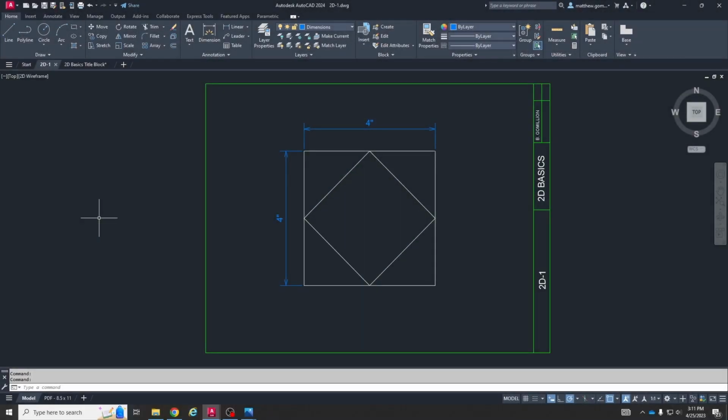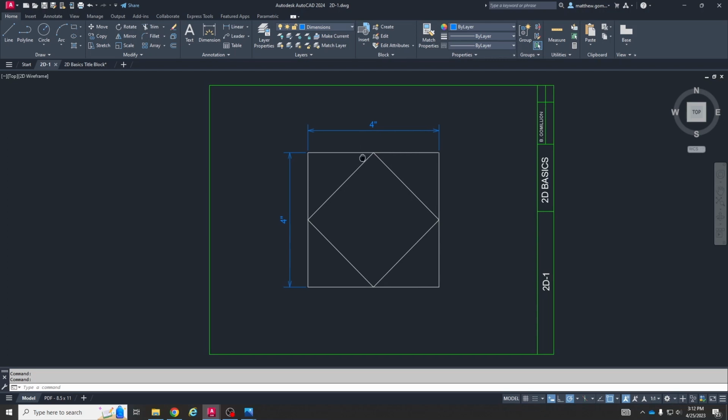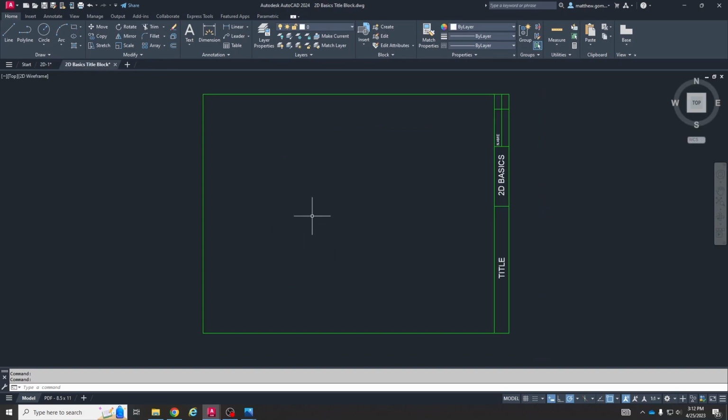What's up, Mr. G here, and in this video we're going to be drawing the drawing titled 2D-1, which looks like this. It's basically just a square that's 4 inches by 4 inches on the top and side, and then it's got a little diamond shape inside of that rectangle or that box that just touches on the midpoints of those lines. So before we start, I'm going to flip to the 2D Basics title block here, which is just